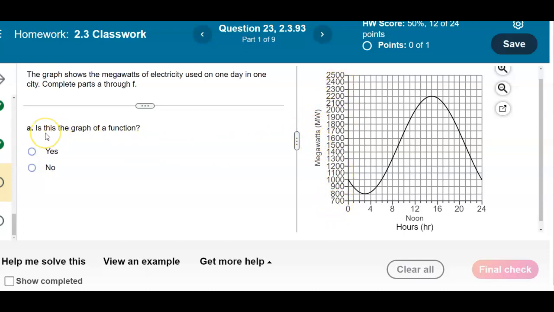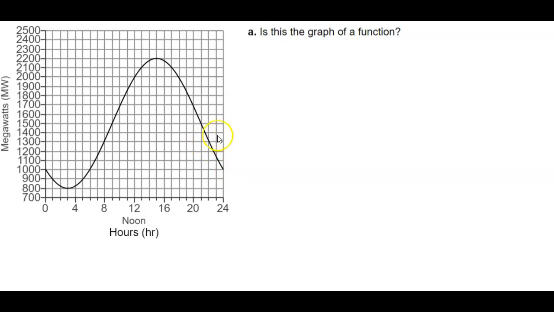Now the first part of this question is asking us, is this graph of a function? When we're looking at the graph, what we need to do is determine whether it passes the vertical line test. So let's check to see if it passes the vertical line test. If we want to graph a vertical line, does it only cross through one point every time you create a vertical line? Well, it looks like it passes the vertical line test no matter where you place a vertical line. It's not passing through more than one point. So therefore, we would say that this passes the vertical line test